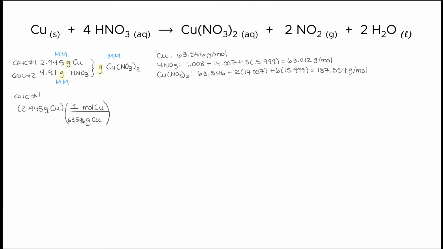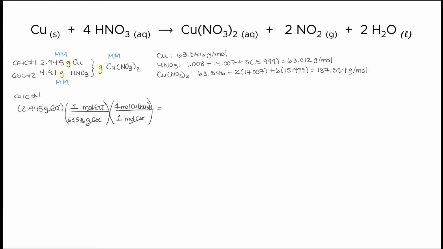We'll cancel our units and then apply the Stoich step. So moles of copper will be in the denominator, so that way our units will cancel, and moles of copper 2 nitrate will go in the numerator. We'll get the values from the balancing coefficients, and so we have 1 mole of copper 2 nitrate and 1 mole of copper. We'll cancel the units